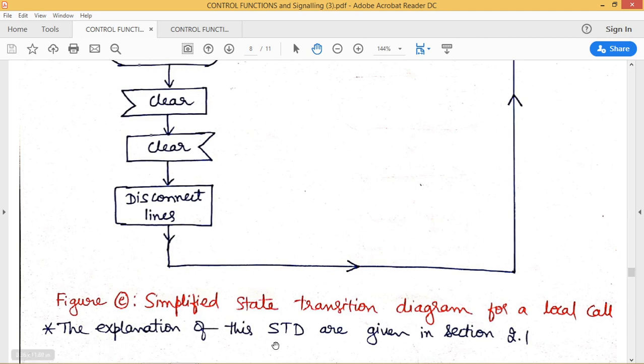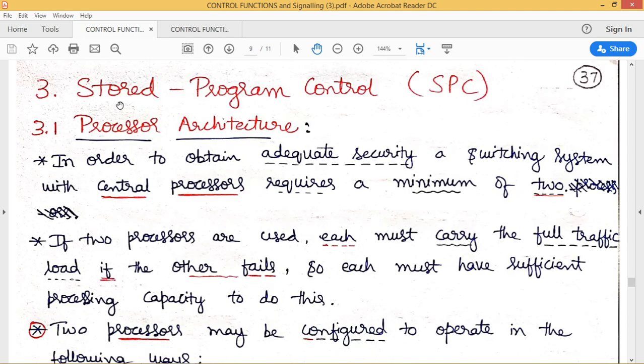Of course, the explanation of this is already defined in section 2.1. Next, let us discuss what stored program control exchange is about, how a stored program SPC exchange operates, or what is the idea behind SPC, how